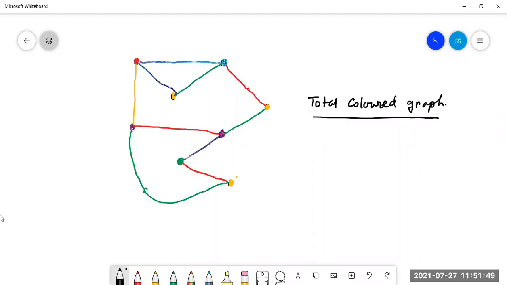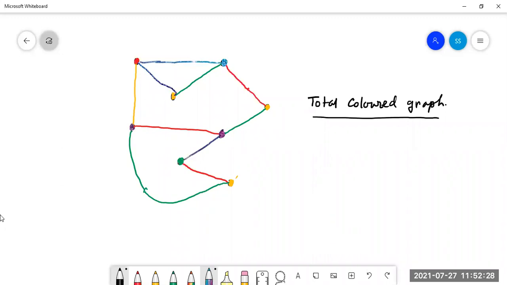So adjacent to this is this one, and this one. It is the rainbow color. This one is the rainbow color. This one is the galaxy pen. This was the galaxy color, and this was the yellow. So no three adjacent vertices are in the same color. For this one, it is the rainbow color. It is the galaxy, it is red and it is yellow. For this one, it is green. Adjacent to this and this, both are in different colors. So the vertex coloring is complete.